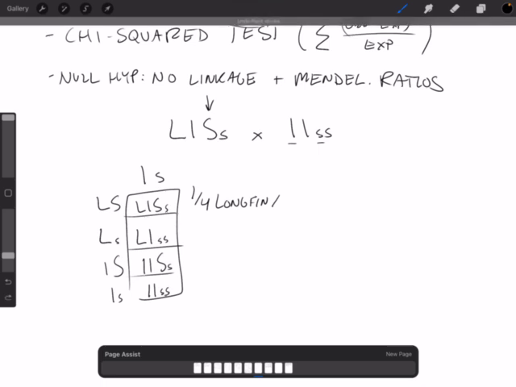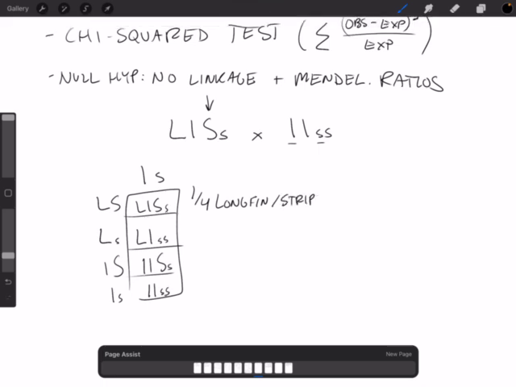These are, of course, if they are unlinked. You would expect 1/4 longfin fish with spots. You would expect 1/4 short fin fish with stripes. And you would expect 1/4 short fin fish